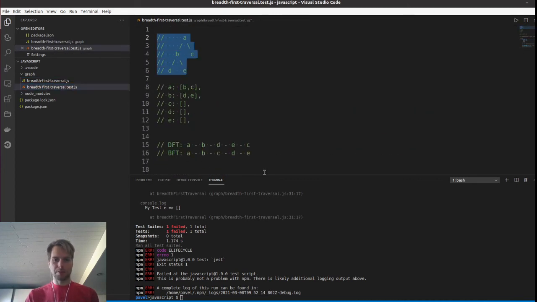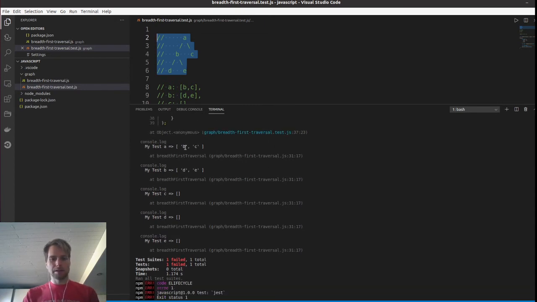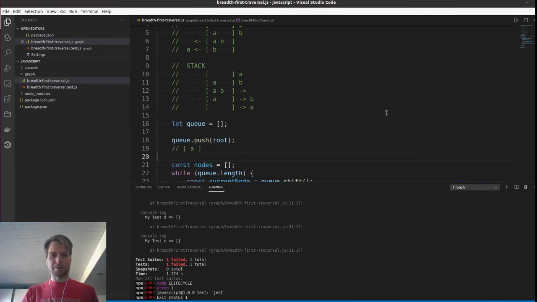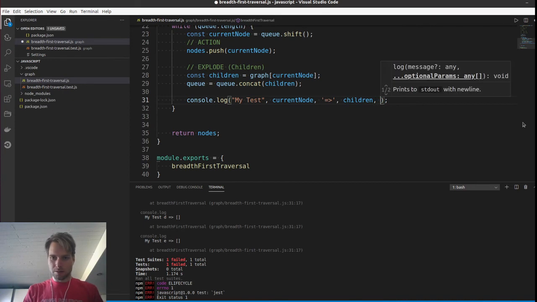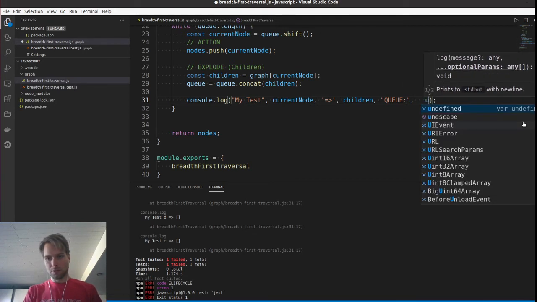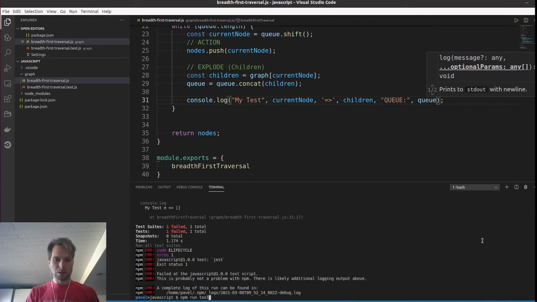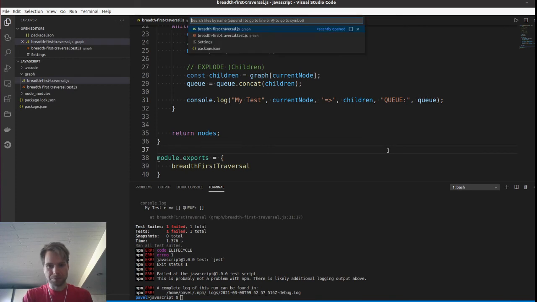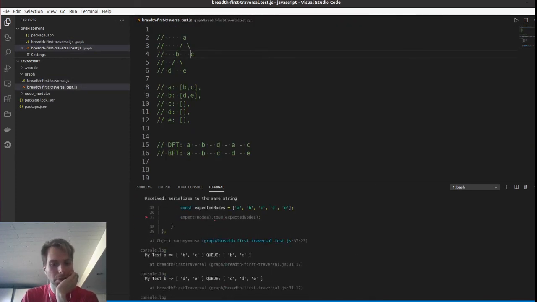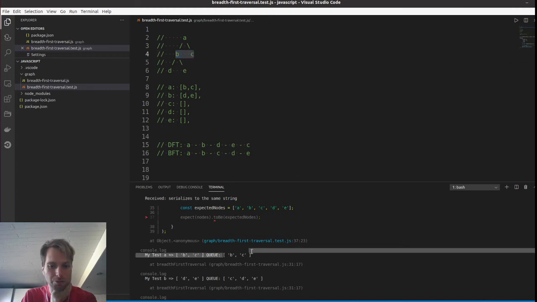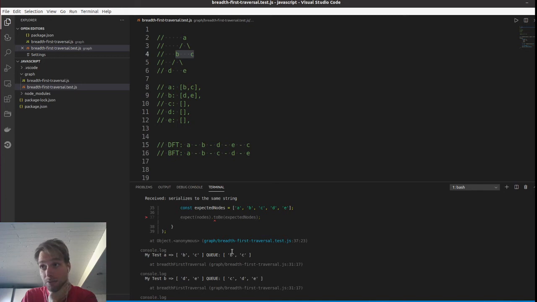We have the graph here, so we can talk about it a little bit. Sorry, this is small, but maybe it works better here. So it first looks at A, and it gets two children, B and C. And then the Q, well, let's put the Q there as well. Sorry, I'm jumping around, just trying to make it. All right. So first we have A, and we found the two children, B and C, right? And we push them to Q. So in Q we now have B and C. The next one,